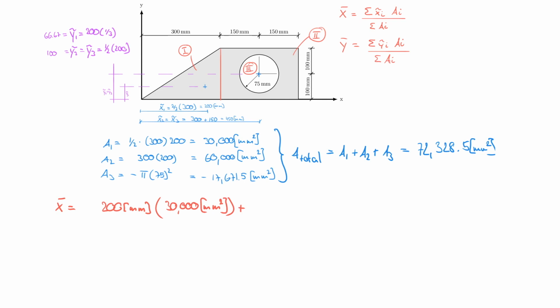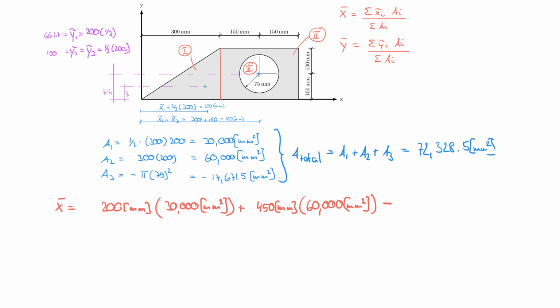So now I'm going to add to that the x tilde 2, which was equal to 450 millimeters. And I multiply that by the area, which was 60,000 millimeters squared. And now comes the tricky part, because now comes the negative portion, and that is both the area